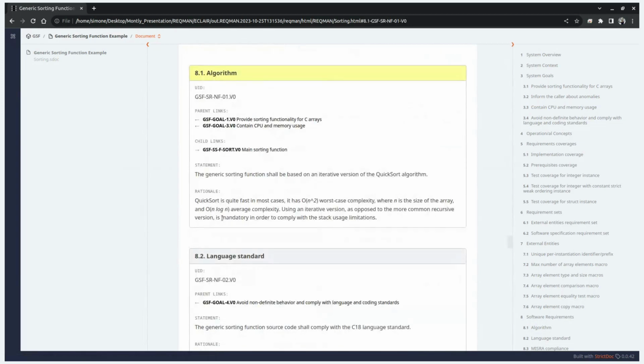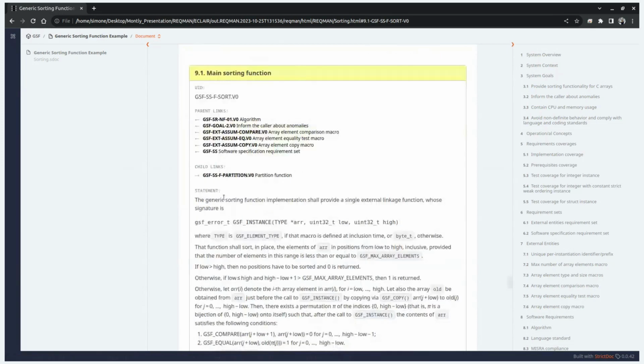So we can go more in depth into the hierarchical structure of the requirements. So let me click on this child requirement. This is part of the group SS, that's software specification. This requirement is actually talking about how the code should be implemented. So here we can see that we have a very huge description, very technical, where we are literally writing how the code is intended to be